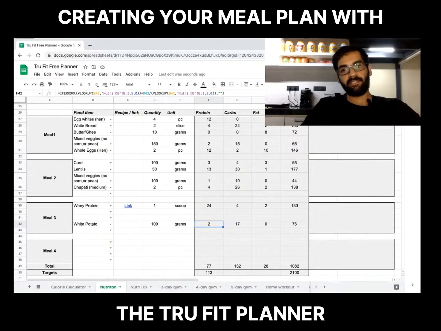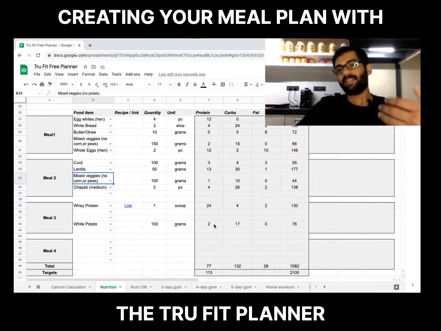And like I said earlier, the only reason we mentioned no potato, corn or peas in the mixed veggies part is they are higher in carbohydrates. Take for example over here in meal 2, 100 grams of mixed veggies is 10 grams of carbohydrates, and 100 grams of potato has 17 carbohydrates and 1 gram additional of protein as well, which would add some 30-40 additional calories. So to be mindful of these numbers, you can have potato, corn, or peas in your plan, absolutely alright to have, simply add them separately.